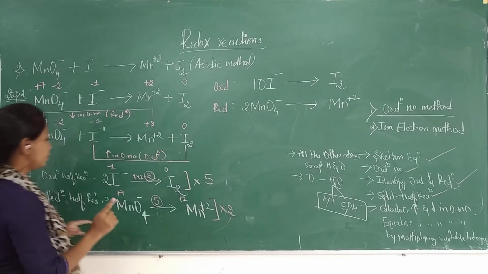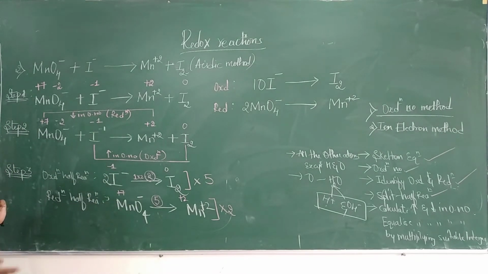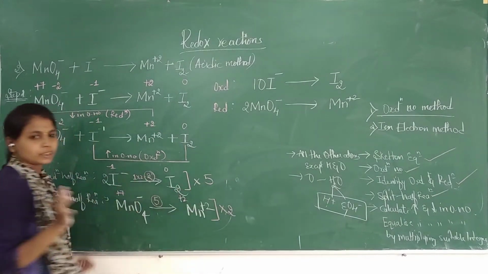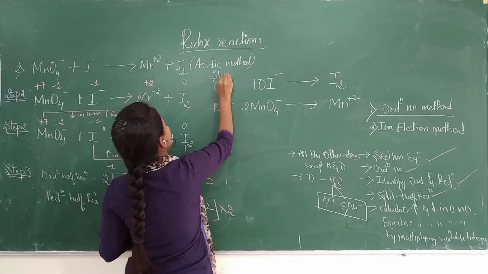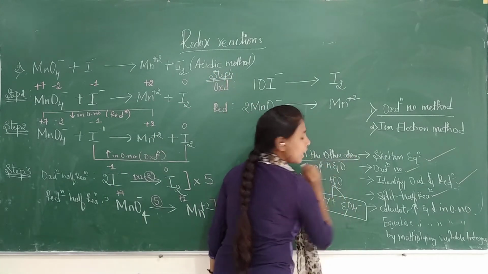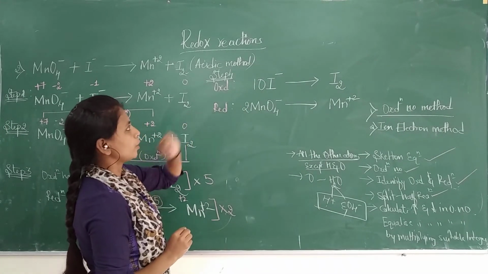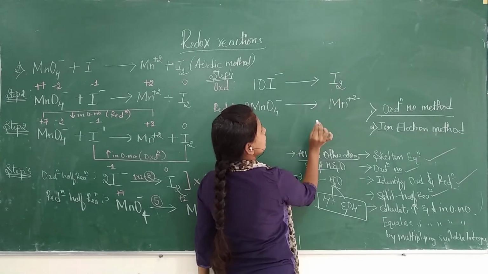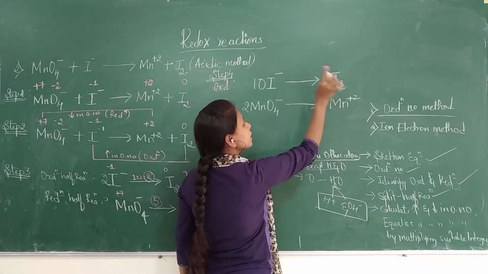Now you have calculated the increase and decrease in the oxidation number, and in the same step you have equalized the increase and decrease by multiplying with a suitable integer. Our next step is to balance all the other atoms except hydrogen and oxygen. So in the oxidation reaction, how are you going to balance those 10 iodide? If you write 5, it will be balanced: 10 I, 10 I.